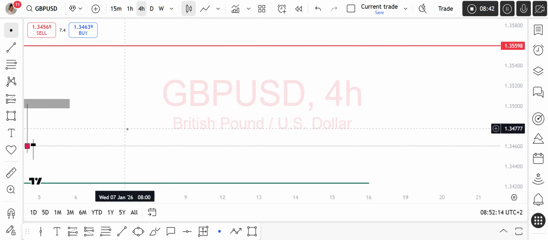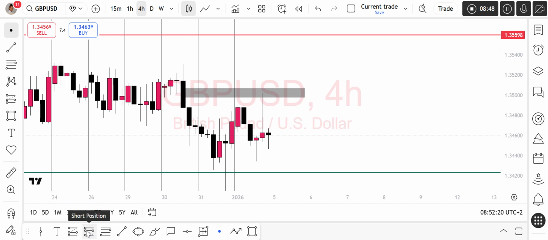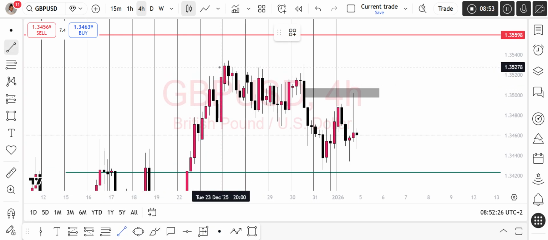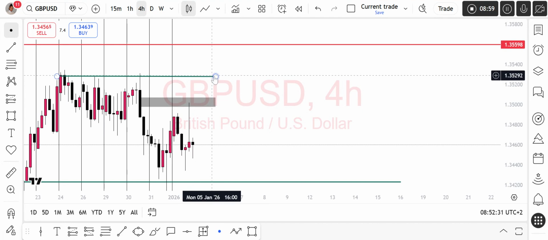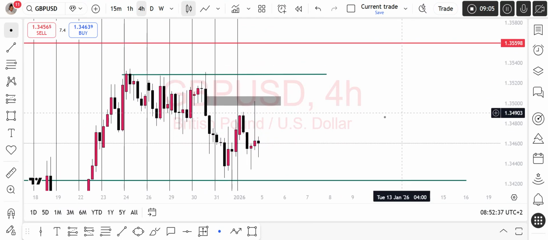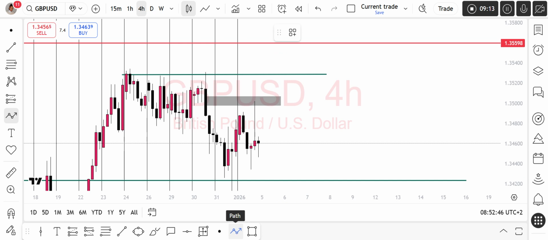Cool. But then let's go to the 4 hour, because we really need to find something. We're not forcing market, okay? We're just gonna look at what the market is giving us at this moment, and then we're gonna react accordingly. Now, this area too is an area where the market did not break. I don't want to contradict myself, but the market does contradict itself, and the market is fractal, meaning that